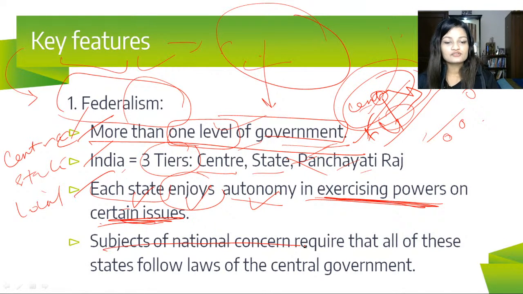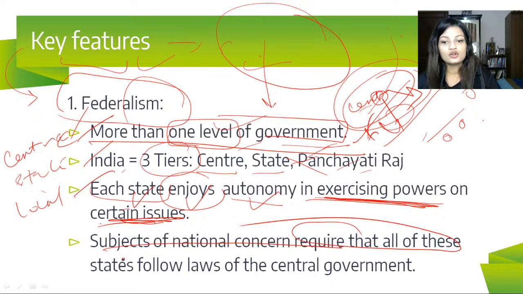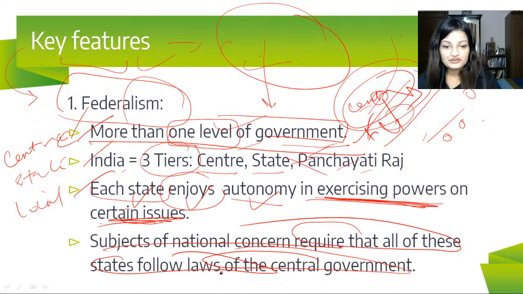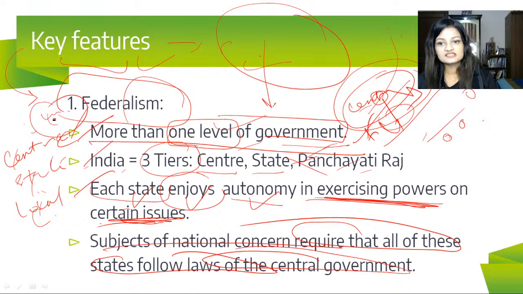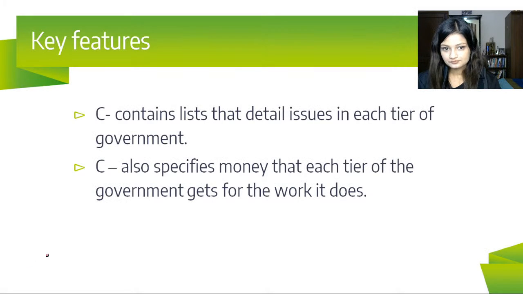The subjects of national concern require that all of these states follow laws of the central government. So basically, there are going to be different lists, right? There is going to be the union list, the state list, and the concurrent list. The subjects under the union list would be the subjects that are covered by the central government. So this would basically mean things like